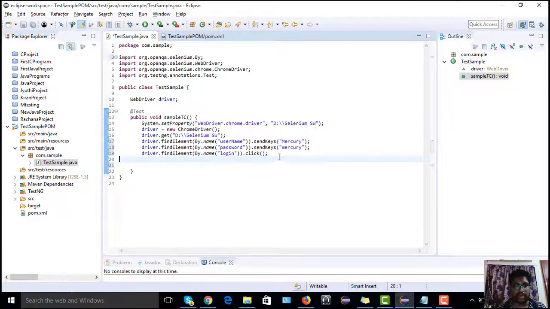So what my end validation would be, after clicking this login button, I want to validate the page title. So I want to know the existing page title.